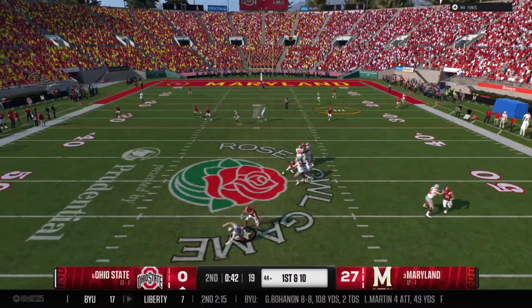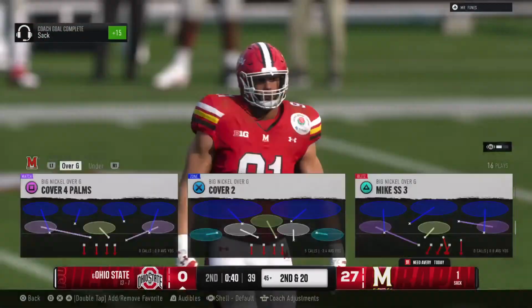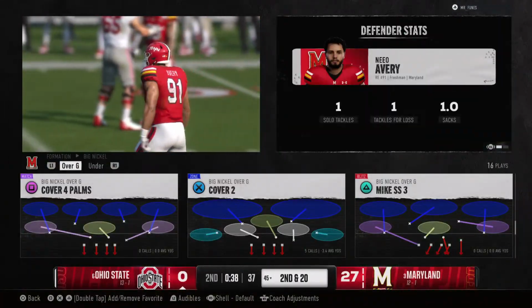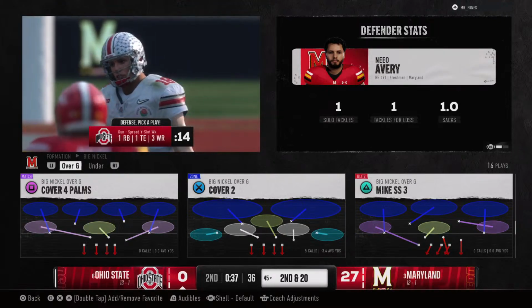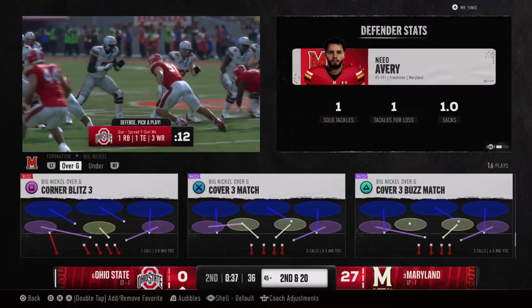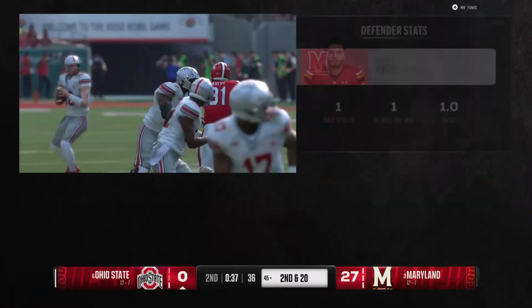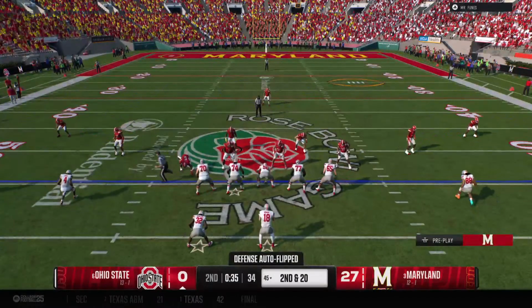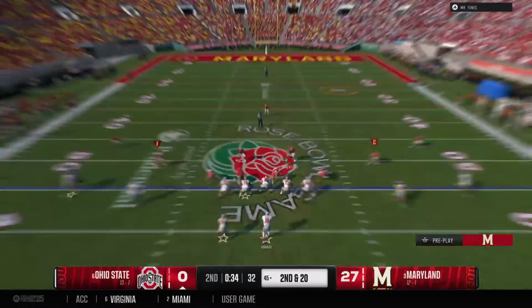The pass rush closing in. He cannot escape. Defense with a sack. That's a really nice job of bouncing back by this defense after giving up that big gain. This time they get the pressure and bring that quarterback down. First down sack pushes the ball back.